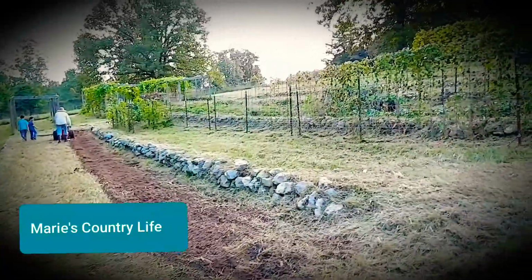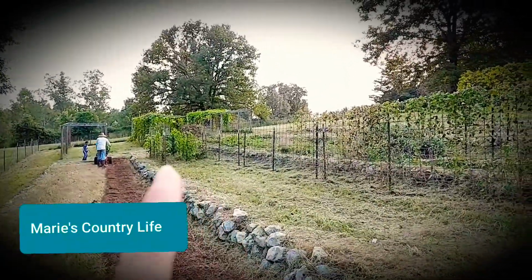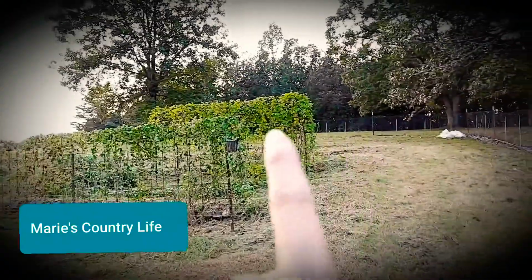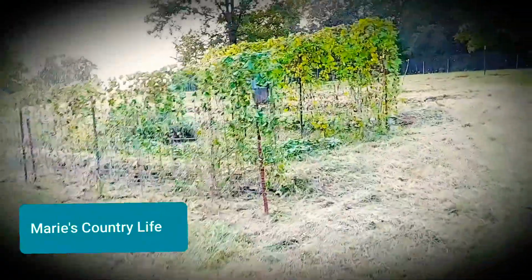We still have some vegetables left growing. We have peppers, and we have bittermelon and a few okra. And we still have